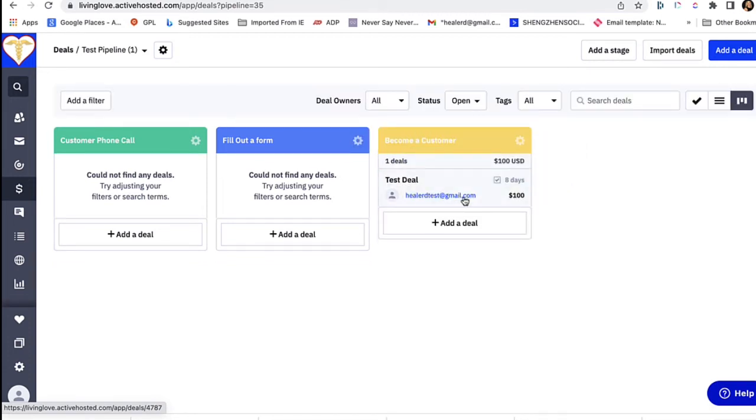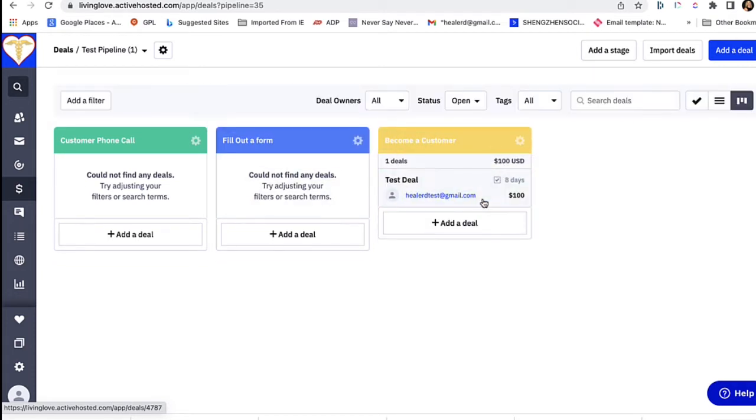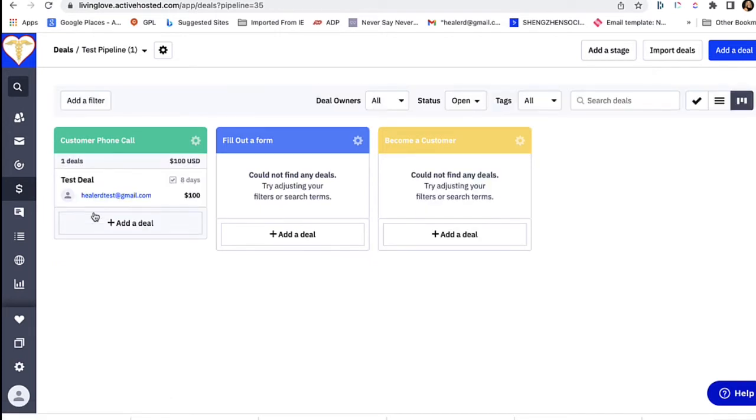And you can actually have automations triggered by basically putting them in won or lost. So essentially, there's a few different things you probably want to have happen. Typically, when they're coming in and you are putting them in this initial stage here, just entering them as a contact and putting their email in is not adding them to your email